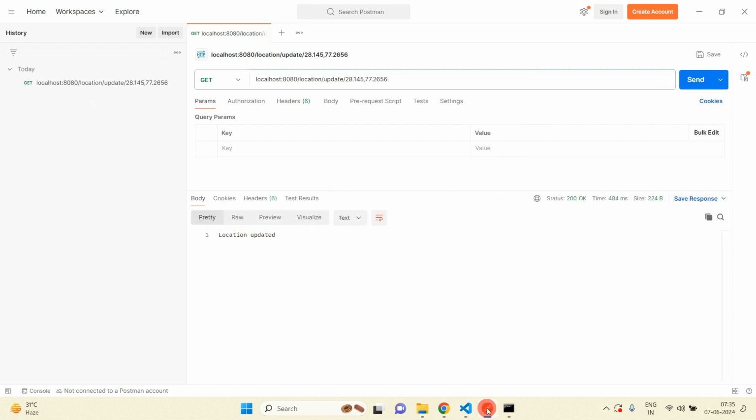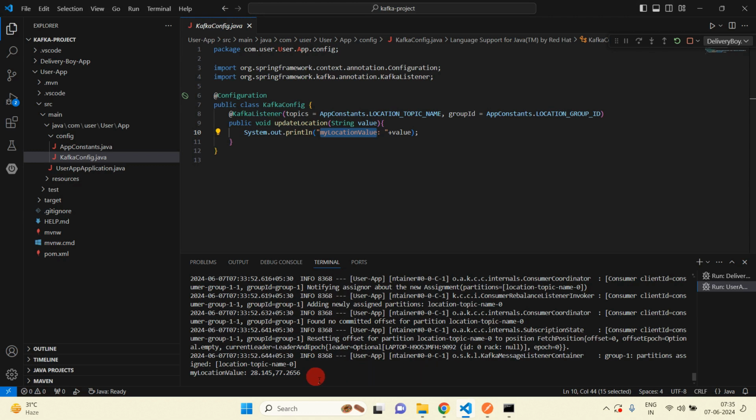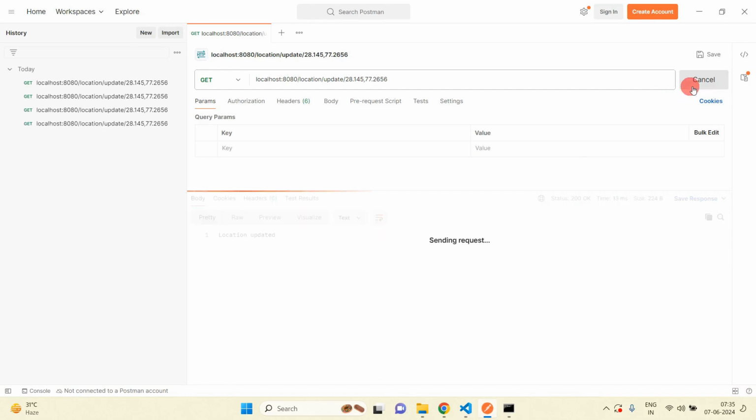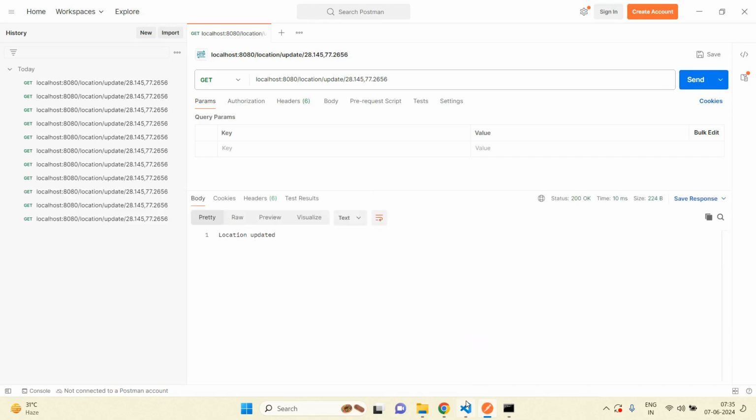So here you can see when I hit this, I am getting my location, that is 28.145. I am hitting this API again and again, and you will get all this data inside the user application.